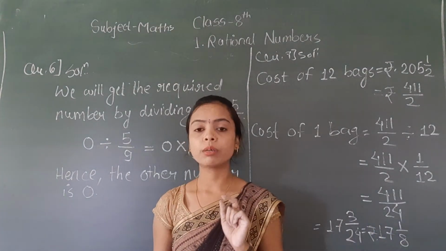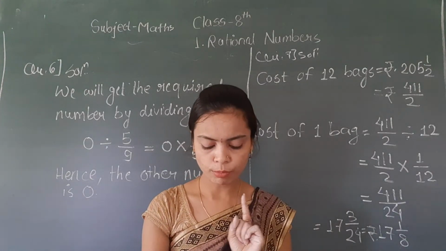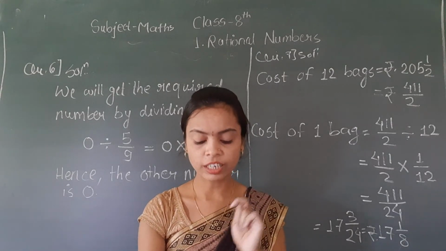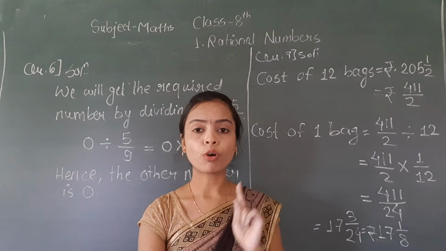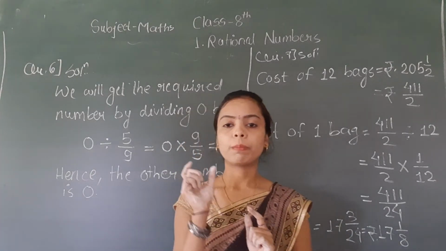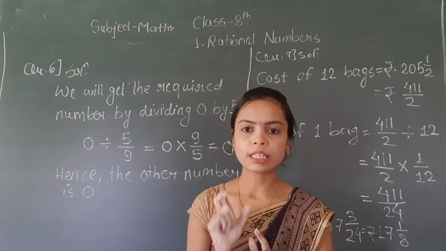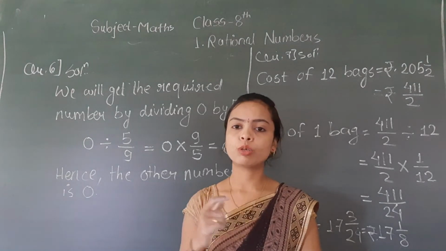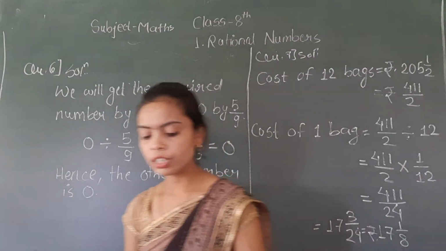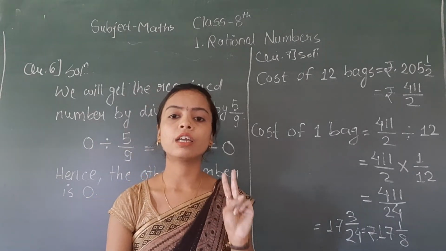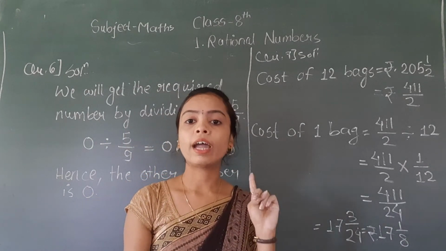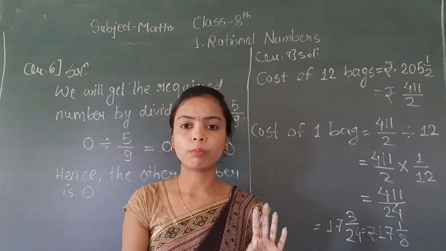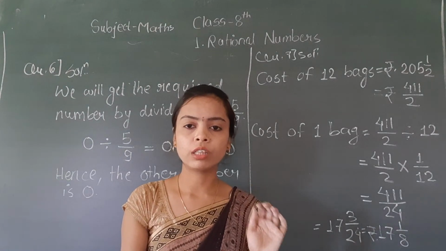In question number 5, first find out the sum of minus 4 upon 9 and 7 upon 3, and then divide your answer, that is 17 upon 9, by 5 upon 6. क्या किया क्वेश्चन नंबर 5 में? पहले जो दो नंबर्स गिवन थे उनका सम निकाला है और उसके बाद आपको जिस नंबर से डिवाइड करने बोला है, दैट इज 5 by 6, हमने उस नंबर से डिवाइड किया. In question number 6, it is given that the product of two numbers is 0 and one number is given, you have to find out the other number. To find the other number, just divide your product by the given number.